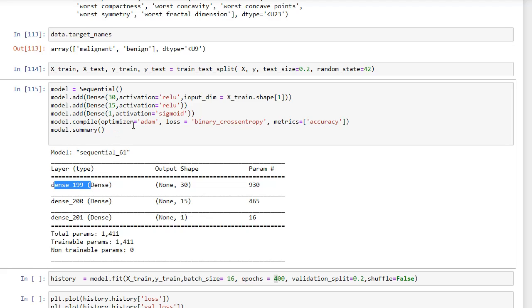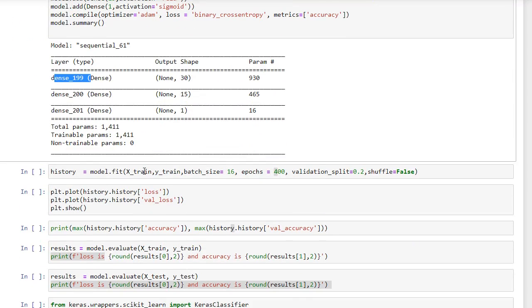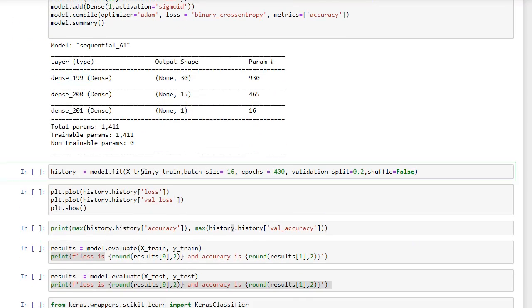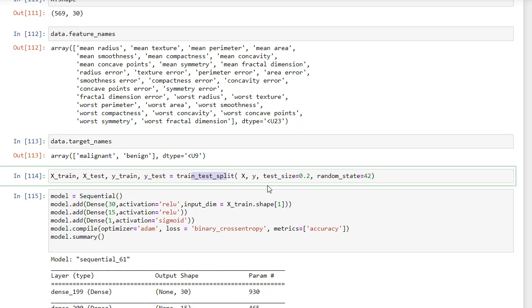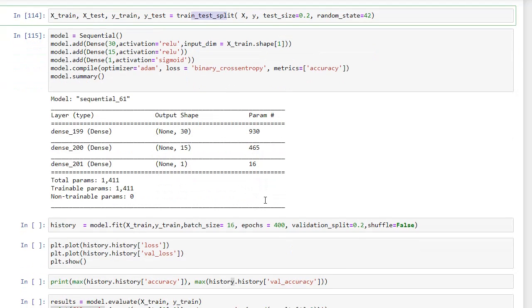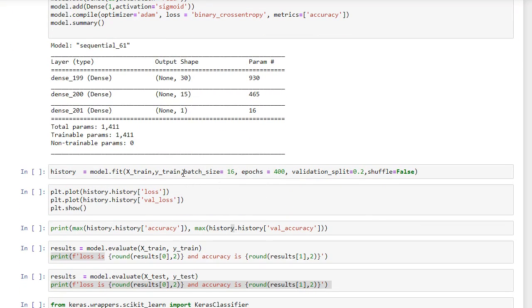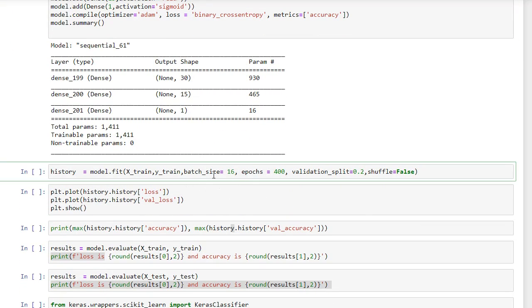The model is what I have defined here. And we are going to specify the input data, which is xtrain and ytrain, the output of the train test split that we had here. The other parameters that I'm going to use are batch size and epochs. Batch size means how many observations in each iteration of the training I'm going to use. So the model is using 16 observations